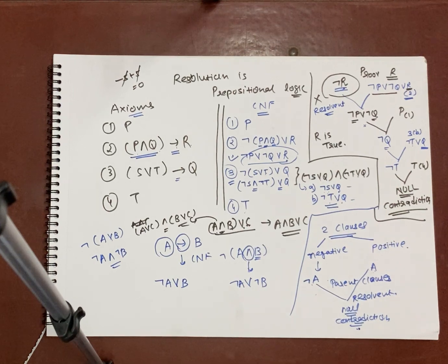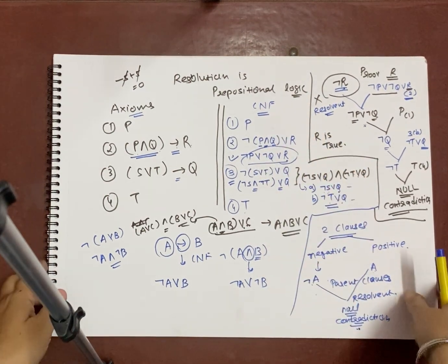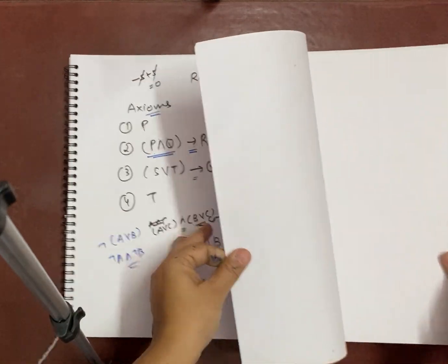Okay, so before we discuss resolution formally with the facts and predicates, we are going to discuss the same example we did, in the form of an algorithm. In a few of the question papers they have asked, write down the algorithm of resolution for propositional logic. So what we are going to discuss now is the algorithm for propositional logic, and what steps we have to follow.